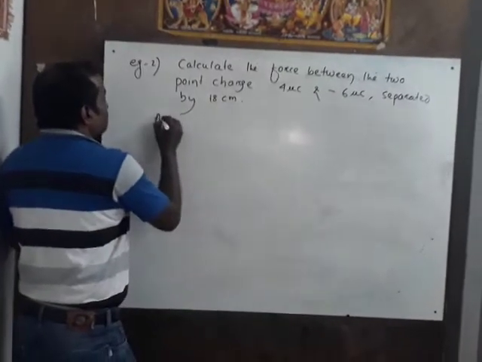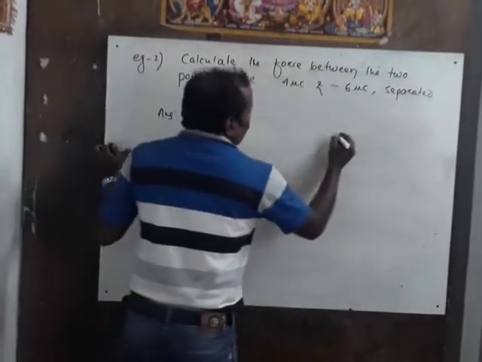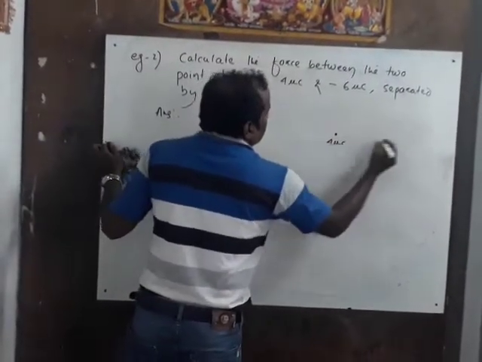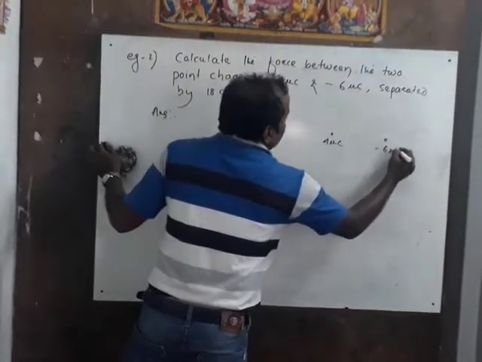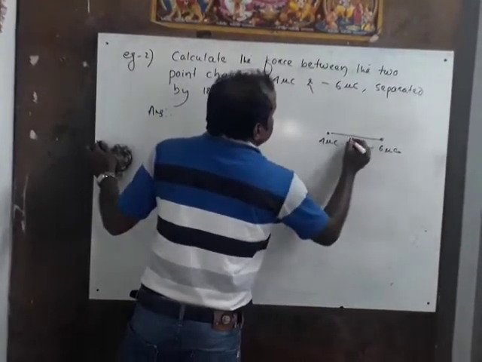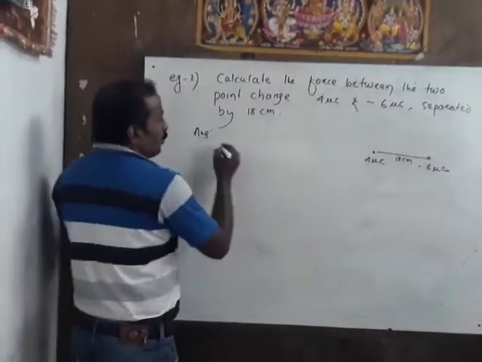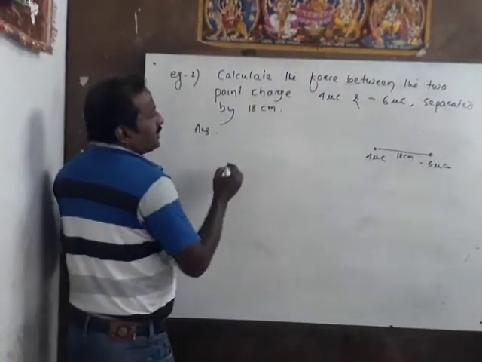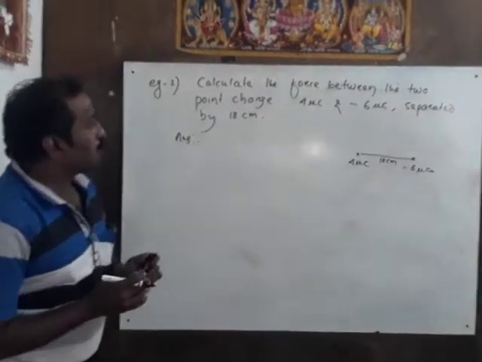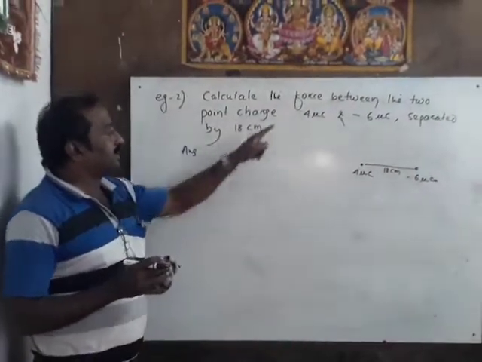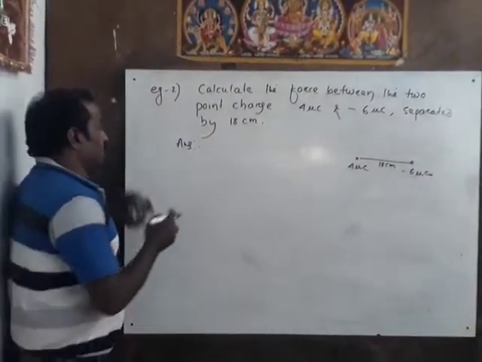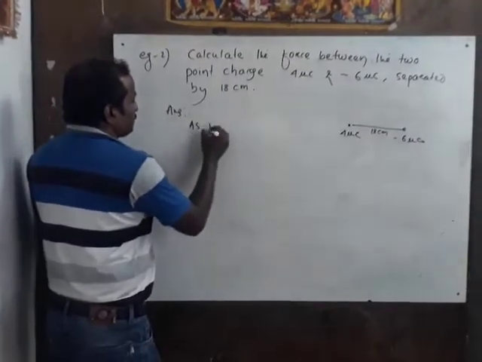answer. Okay. Answer goes like this. So 4 microcoulomb, this one, let's say minus 6 microcoulomb. They are separated by distance, let's say 8 cm. So again we know we should use Coulomb's law, because the instrument to calculate the force between 2 point charges is Coulomb's law. So as per Coulomb's law,